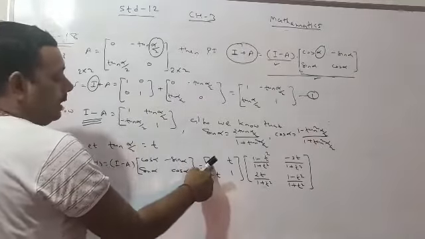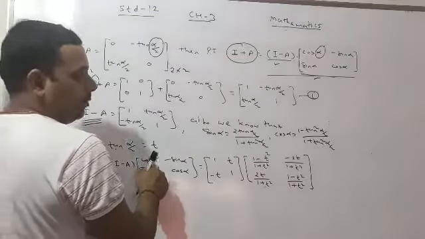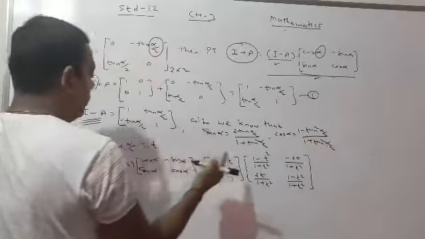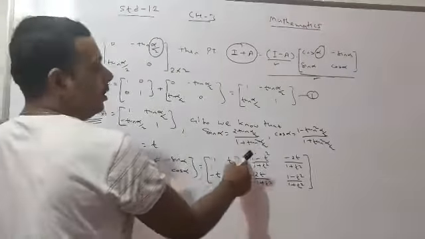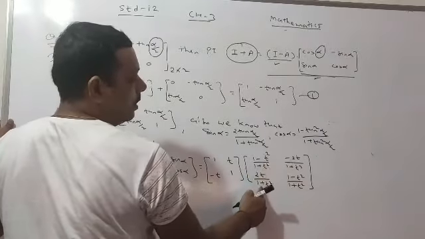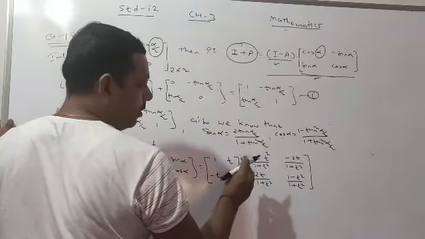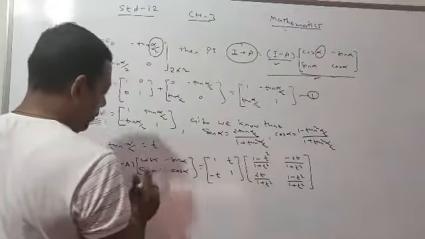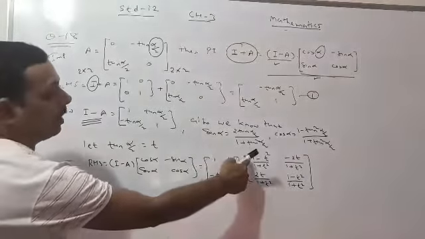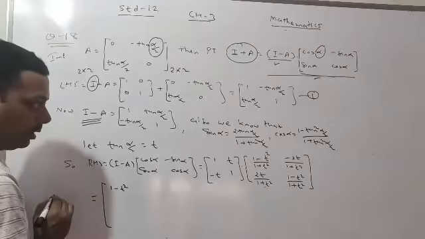Got it? Same way, the next matrix is cos alpha. But we know the answer of cos alpha: 1 minus tan square alpha by 2 upon 1 plus tan square alpha by 2. And as you considered tan alpha by 2 is t, it is 1 minus t square upon 1 plus t square. Same way, minus sin alpha and cos alpha. Now we will do the normal matrix multiplication. The same thing we will do here. Now see here. 1 multiply with this, so it is 1 minus t square.